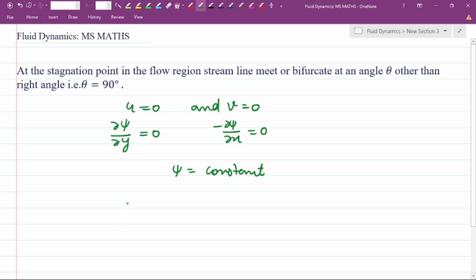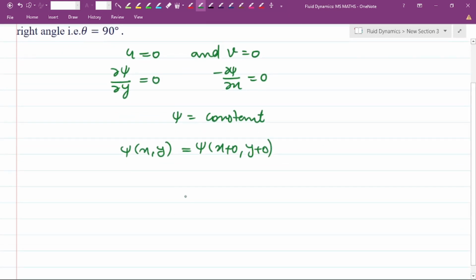Then if I have some function psi such that f of xy with some change, if I expand the Taylor series of this function, then what will we get? Then it will be f of xy plus x into dou psi by dou x plus y into dou psi by dou y